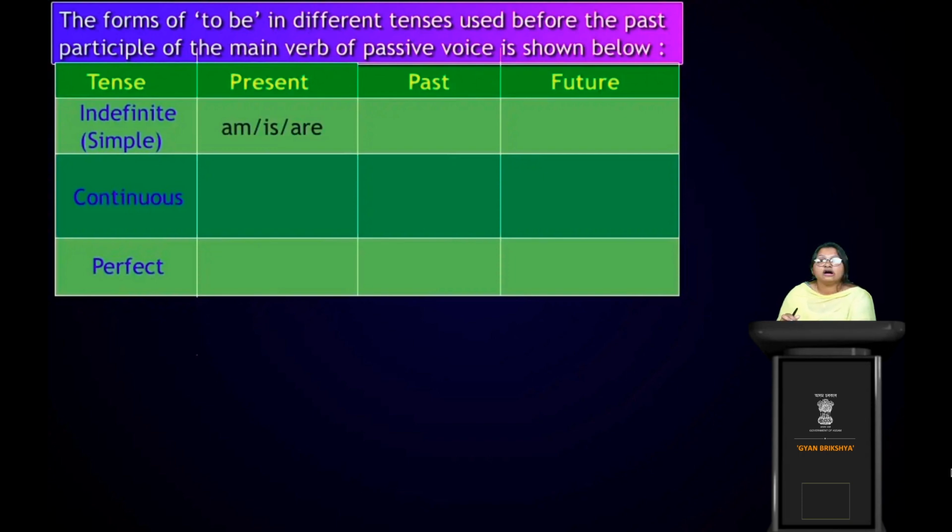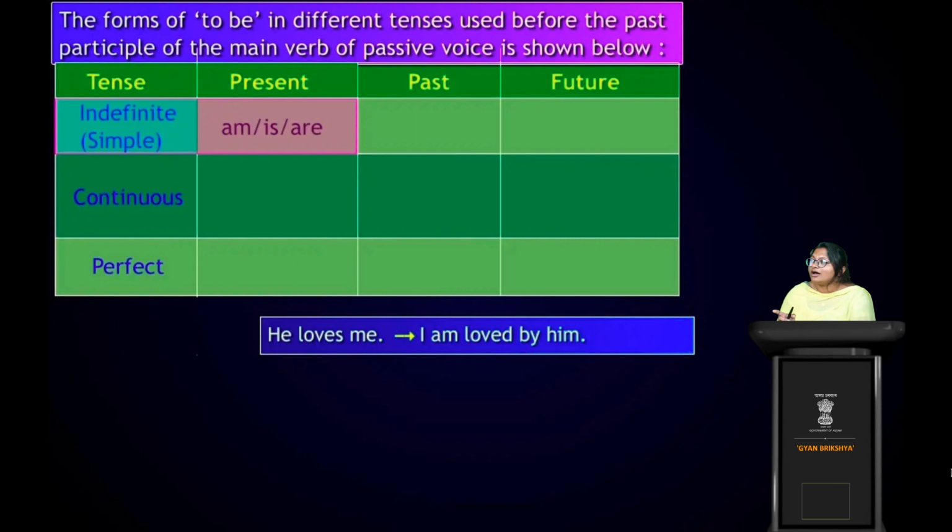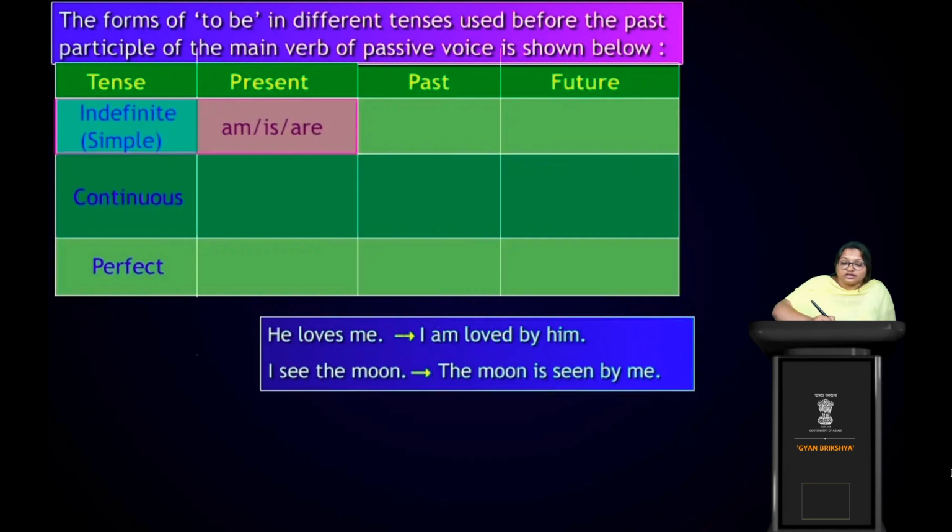In case of present indefinite, he loves me becomes I am loved by him. Right? So this is how it functions. Now, I see the moon. The moon is seen by me. Right? Okay. Next we have